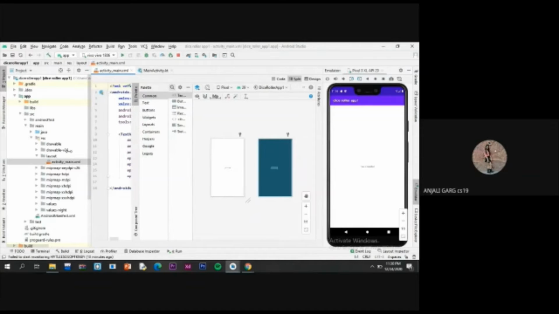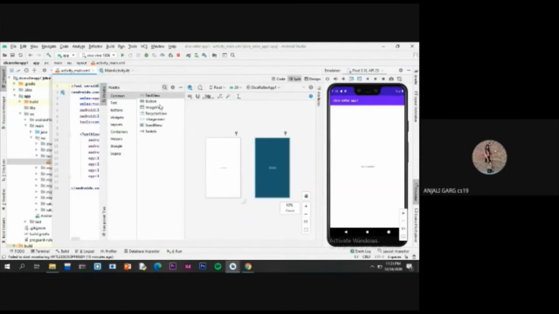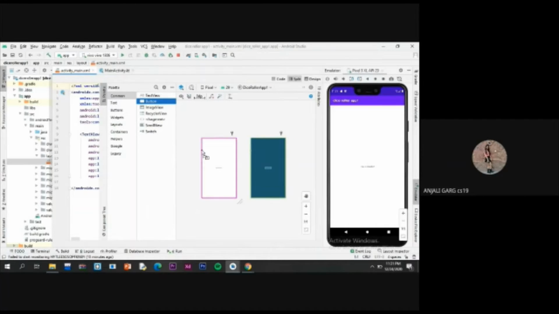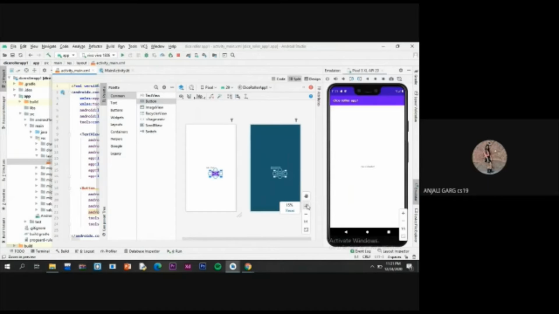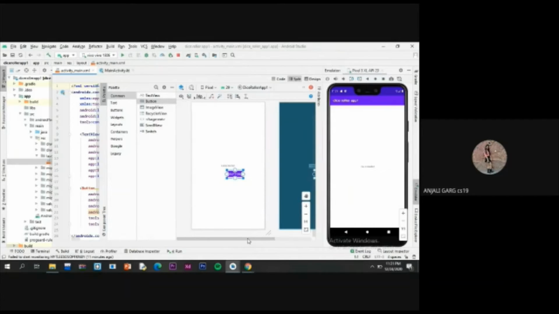So to add a button to our app, here you can see a button. So how you will add it? Just drag the button to your app. Let me zoom it so that you can see it clearly. We have to place our button below Hello World. So I have placed it below Hello World.